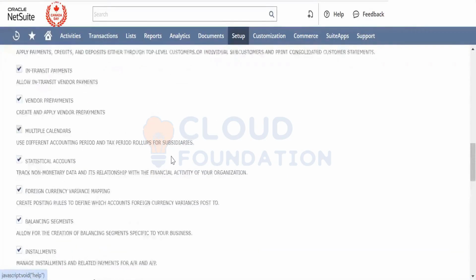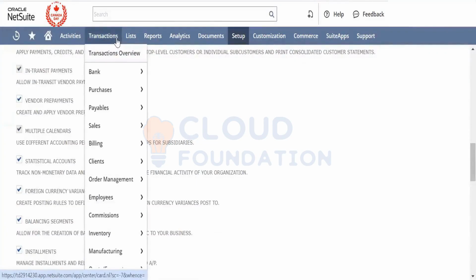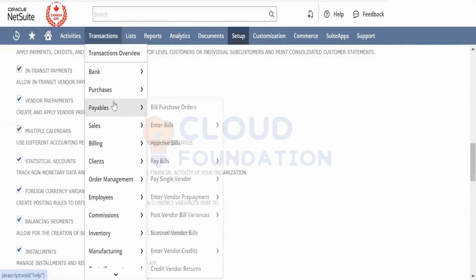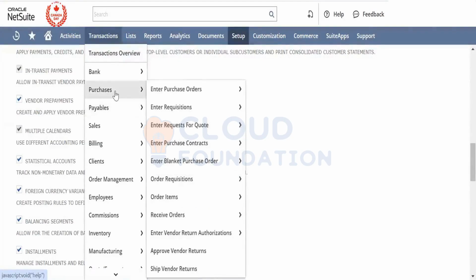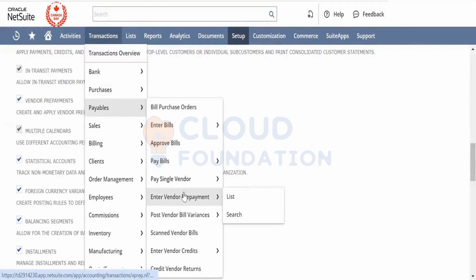Vendor prepayments. If you enable that, there will be a single vendor that you can actually make a payment through. There is vendor prepayment. When you enable it, you will have this option even before you put in any transaction. Let us say there is no purchase order and there's no bill. The vendor bill has not been generated, but still you would be able to do a vendor prepayment